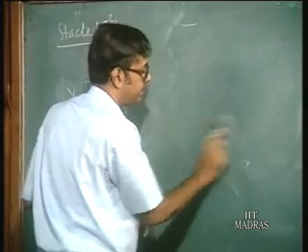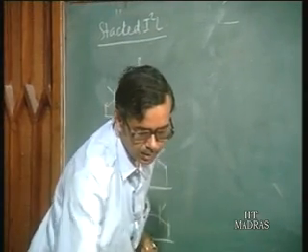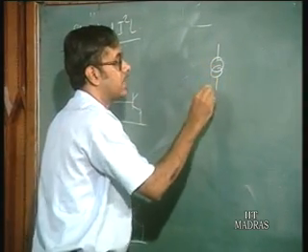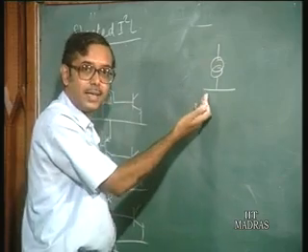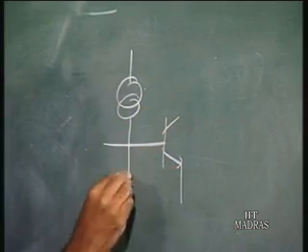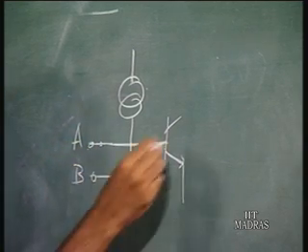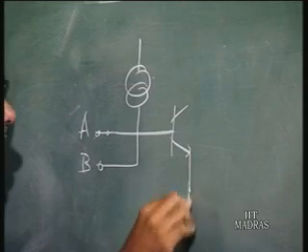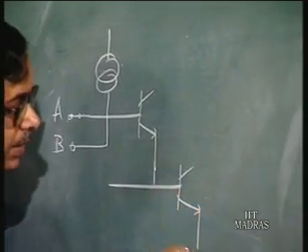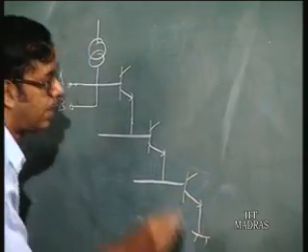There is another type of stacking which I will also just describe. You have a current source like this, which is again a PNP transistor. So, you may have something like this. These may be two inputs, just like in a normal I squared L. And then you have another transistor here, and you may have another transistor here.